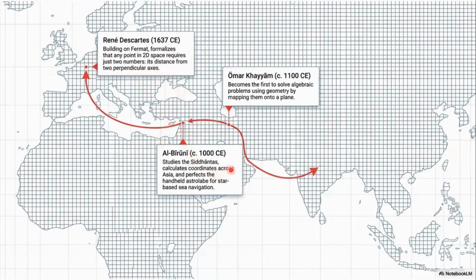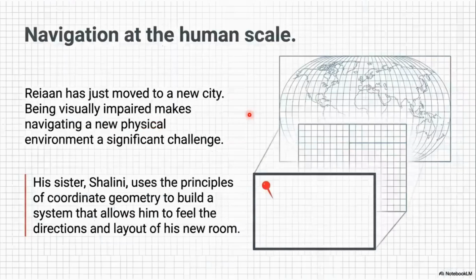And then in 1000 CE, Al-Biruni studied the Siddhantas, calculated coordinates across Asia, and perfected the handheld astrolabe for star-based sea navigation. Okay, and then Umar Khayyam, 1100 CE, becomes the first to solve algebraic problems using geometry by mapping them onto a plane. So exactly what happened, the different geometrical